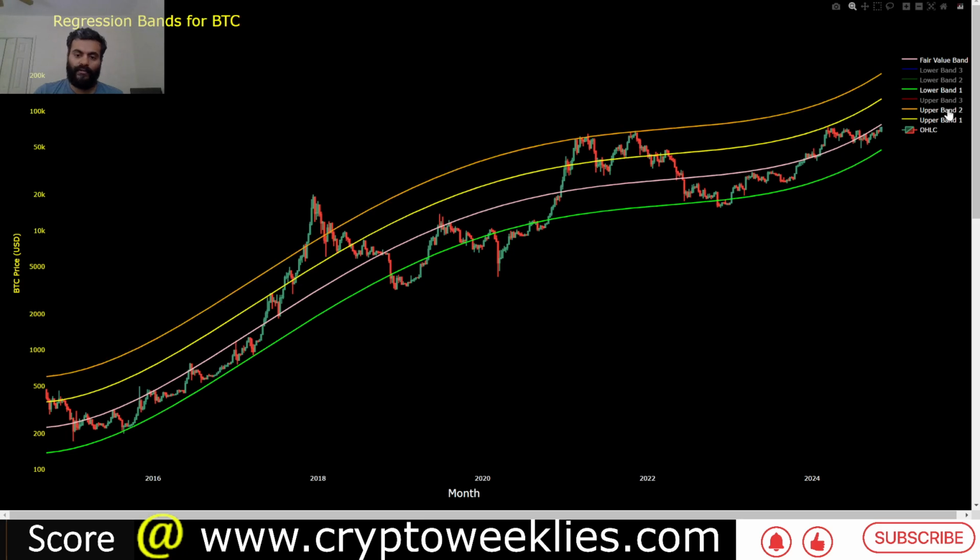Again, this is not financial advice, this is based on what prices have done historically speaking. You can see the last time around that 2 standard deviation ceiling back in March of 2021 was at around 60k. In November 2021 it was at around 67k. Prices did go slightly higher than that, but if you were to extrapolate that overvaluation to today's Bitcoin, that is coming in at around 207,000. That means a $207,000 Bitcoin would be as overvalued as Bitcoin was at around 69k back in 2021.